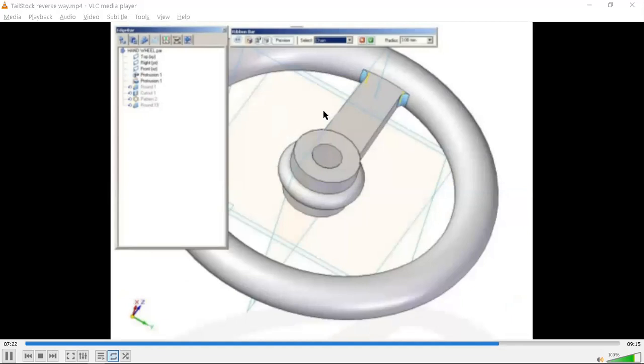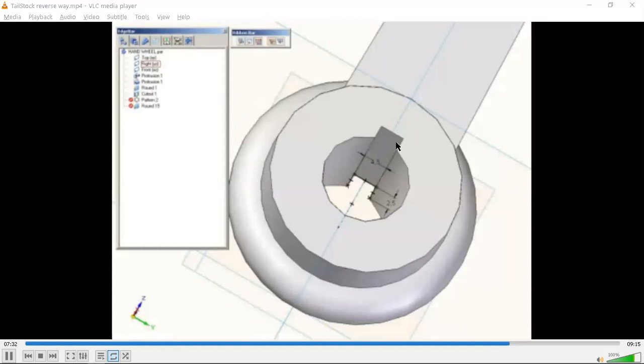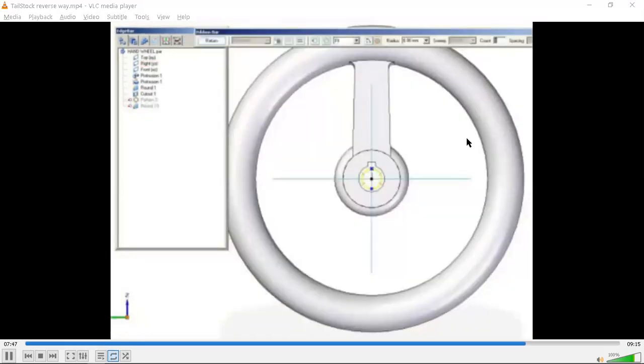After this round, we go for the pattern command. Or one more cutout is there. Just observe that. That is a keyway cut at the center. After that, the pattern command is used. So this is the one rib constructed that is rotated 6 times using the pattern command. This is the definition of the pattern command. You can observe these 6 dots on the yellow circle. It will repeat this in a circular way 6 times, including that.